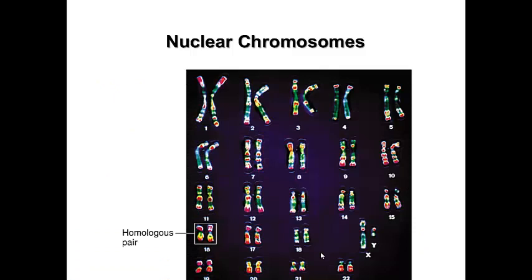Alright, so what you're looking at here is a karyotype of a human being. Basically, it's a photomicrograph. And you might be asking, what's a photomicrograph? Well, it's just a photograph that you take under a microscope. And it's a photomicrograph of all 22 pairs of homologous autosomes, and then, of course, your pair of sex chromosomes of this particular person's genome.